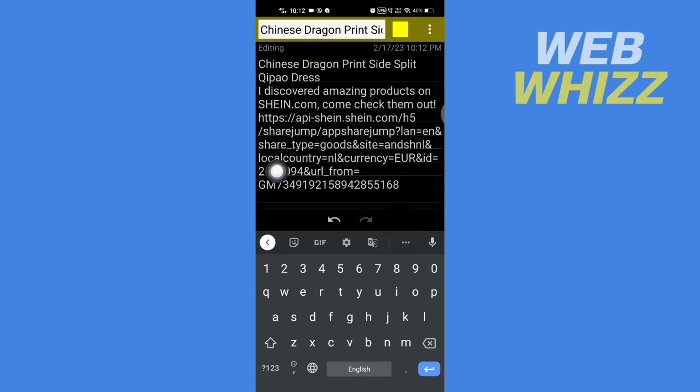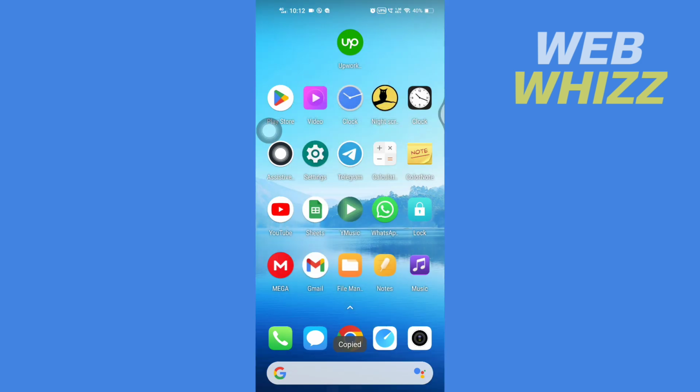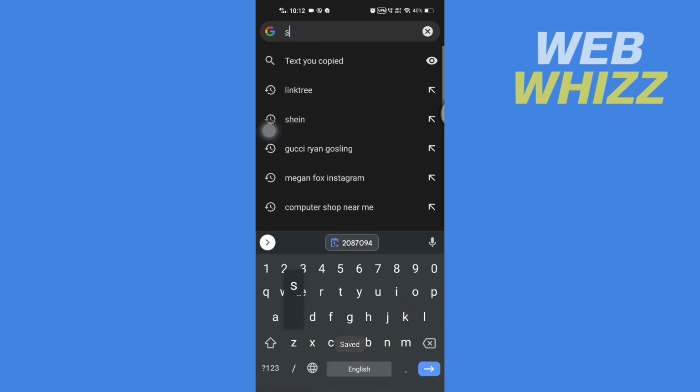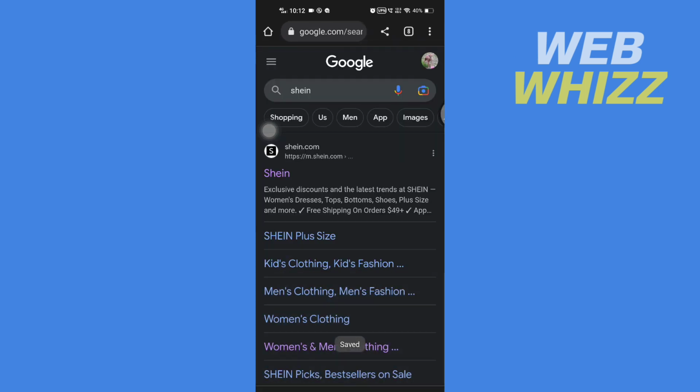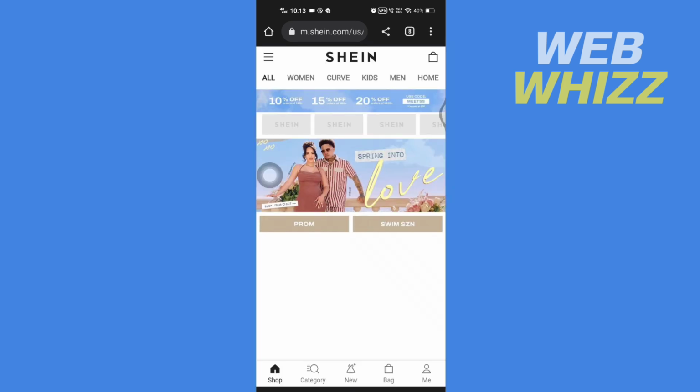and here is that item number. So copy this item number, so now I have copied this item number. Now if I open Shein in a web browser, if I search for that item number on Shein,